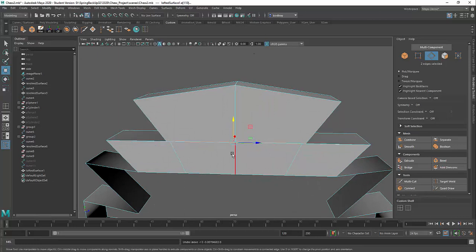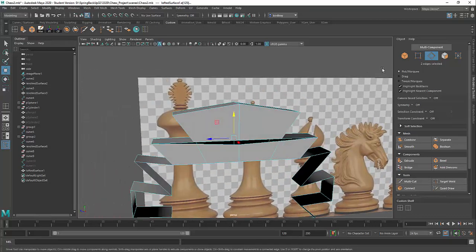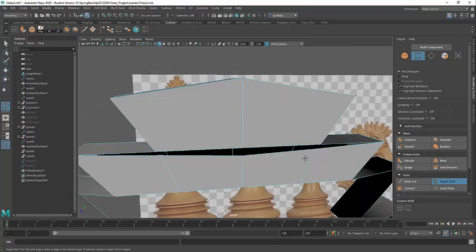Looks like I grabbed the wrong one. So I want to make sure I grab the bottom ones here. And then just kind of pull them down. There we go. So now what I'm going to do is grab this target weld tool, but I'm going to do it in vertex mode again. Click on target weld, and then